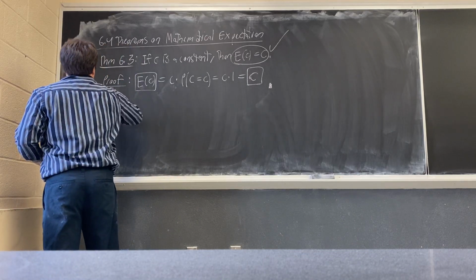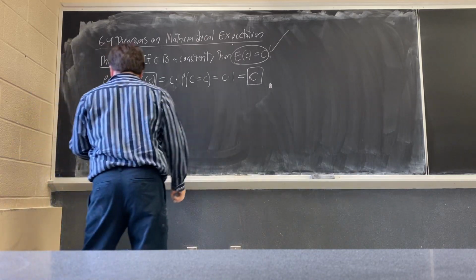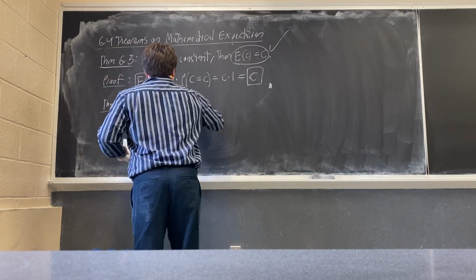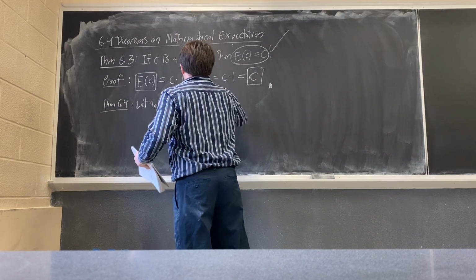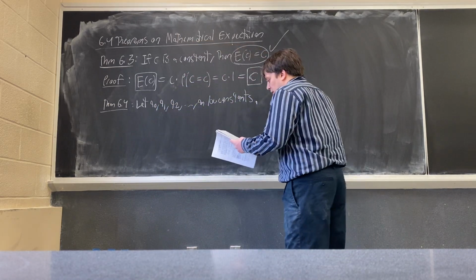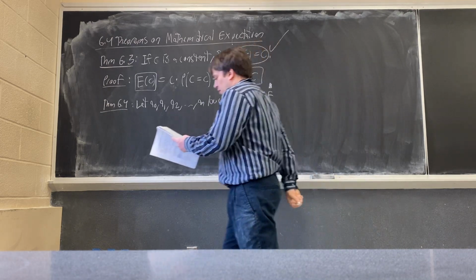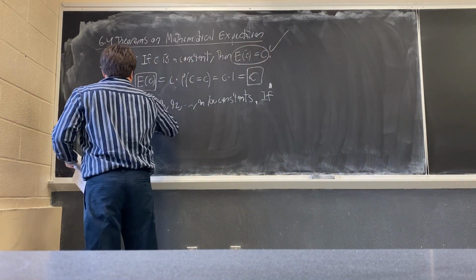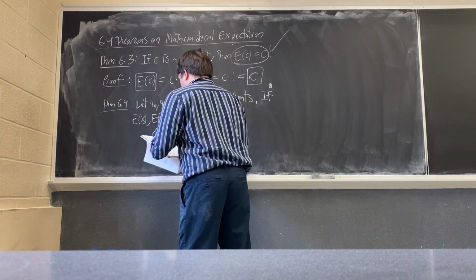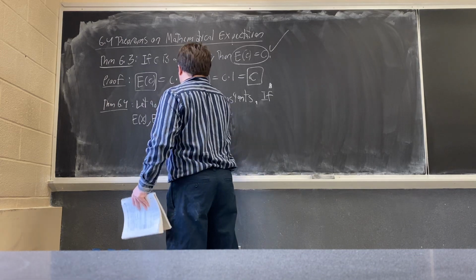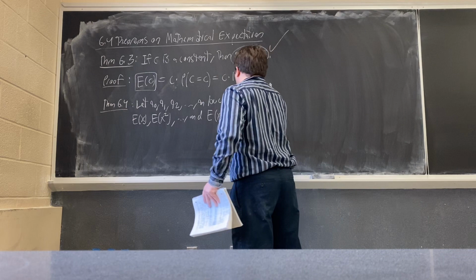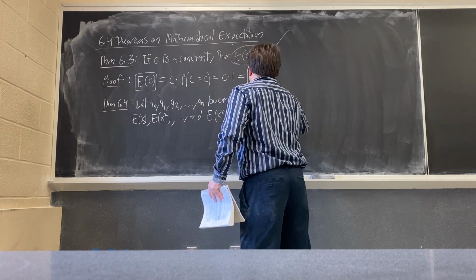Theorem 6.4. Let a0, a1, a2, dot dot dot and an be constants. If E of x, E of x squared, dot dot dot and E of x to the n exist, then